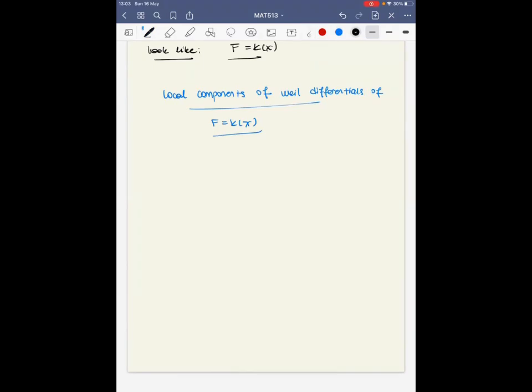So as I mentioned in the previous video, in these last remaining two videos, we want to understand the local components of the Weil differentials in the rational function fields, particularly at the rational places, because at least we know the form of the rational places. One is p infinity, which is the pole divisor of x,